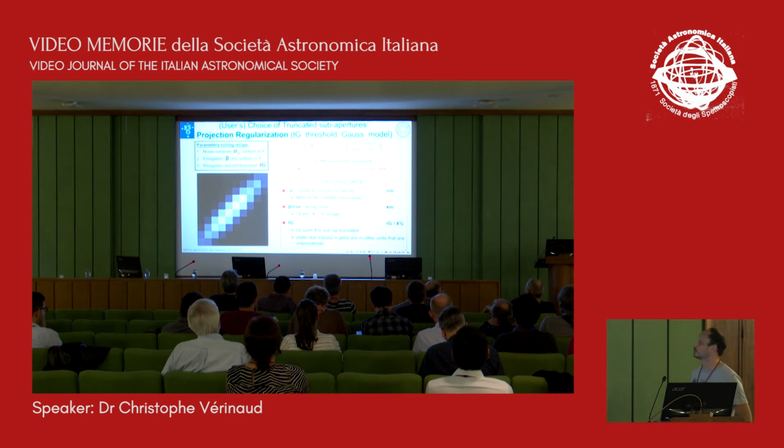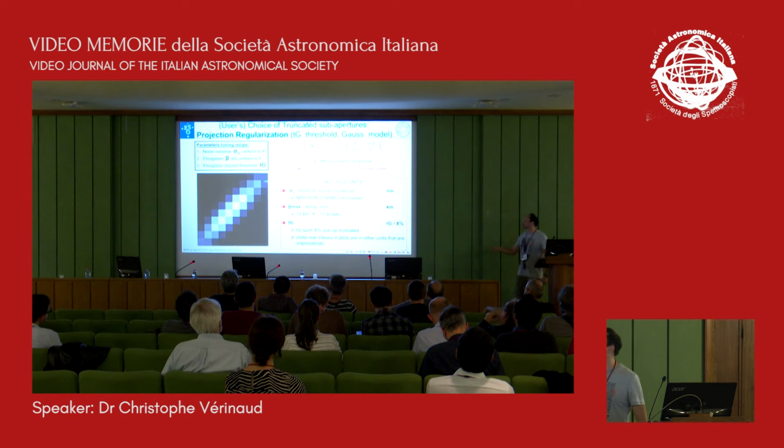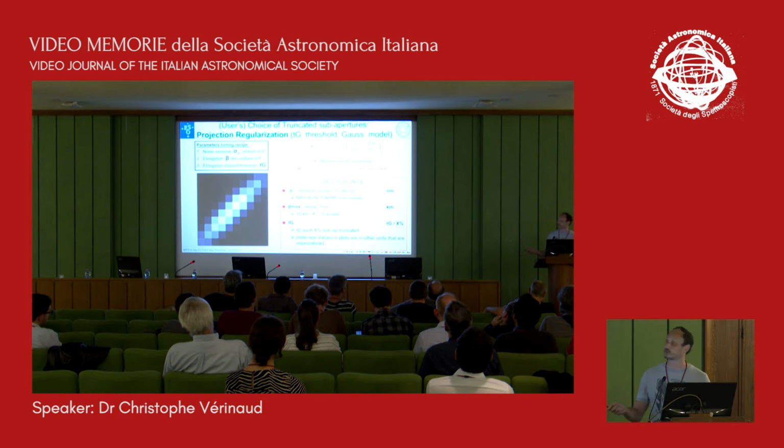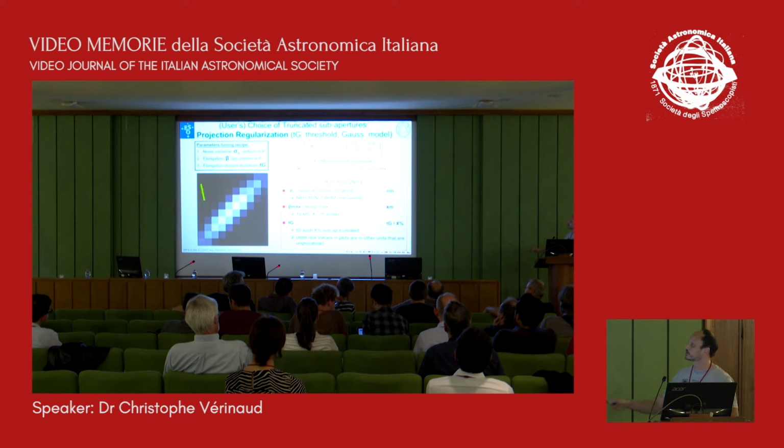Now, a difficult part, number 2. Suppose we have a truncated spot, and so what happens is that if you measure a slope with this, you are completely wrong. But the only direction where the measurement is wrong is in this direction. And so what you can do is to use regularization.